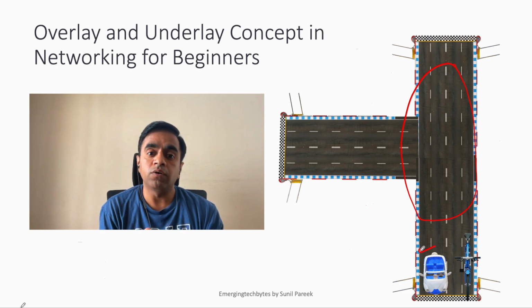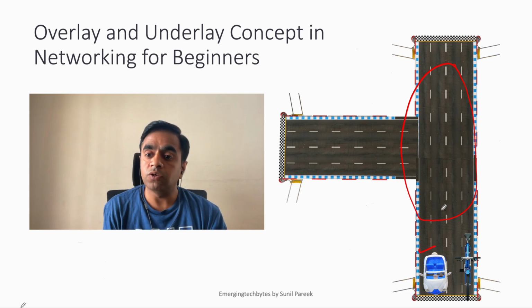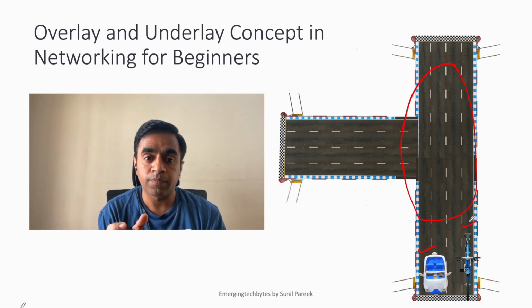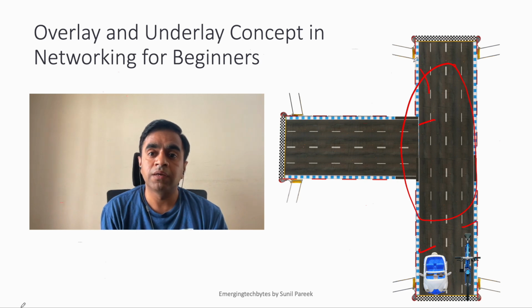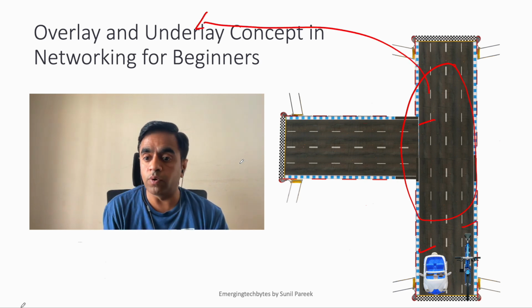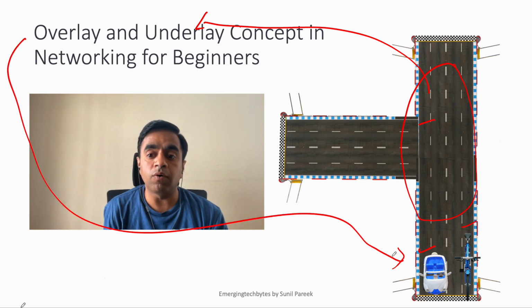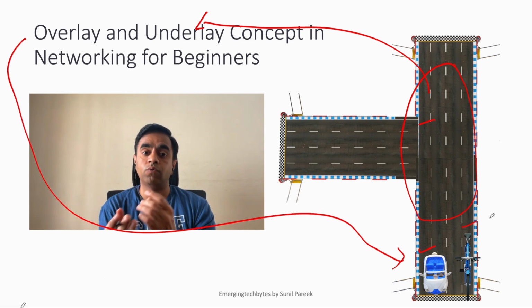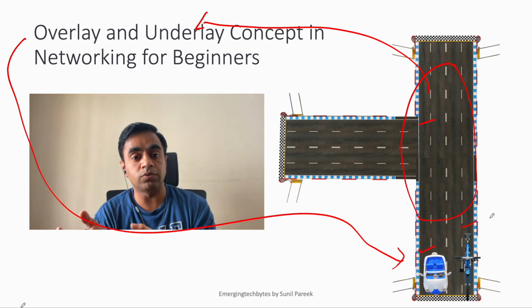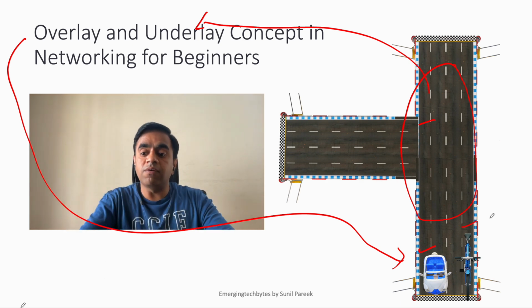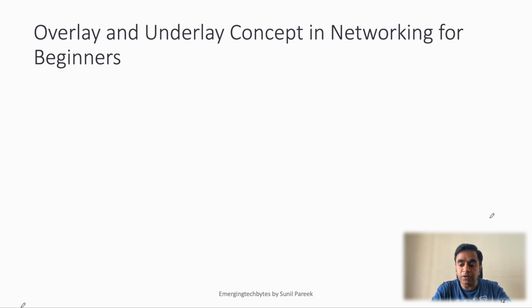You are using it to go to your office, your neighbor is using it to go to the park. The underlay is the same. It is this road, and you act like an overlay here where you are going to the office, your neighbor is going to the park. Same way, in networking,